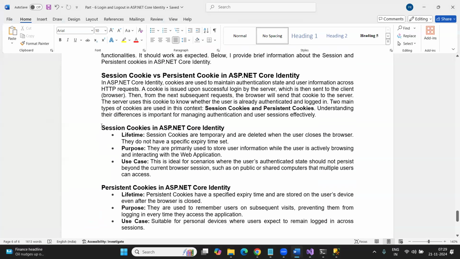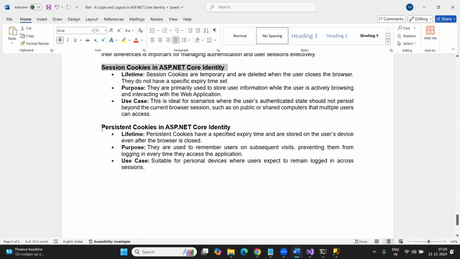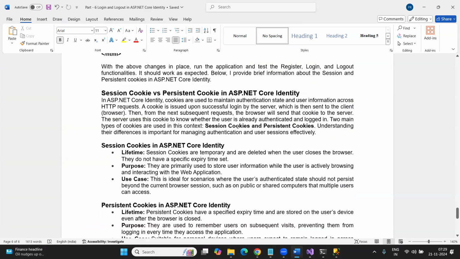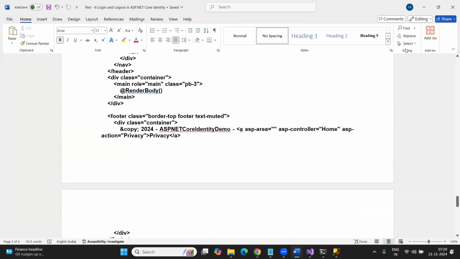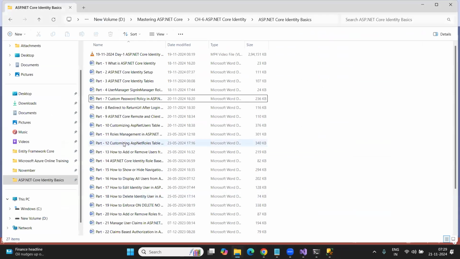Right? We have already discussed what session cookie and persistent cookie mean, so no need to explain again. Practically, when we discussed sessions and cookies, that was fine. Next topic I'm going to discuss: